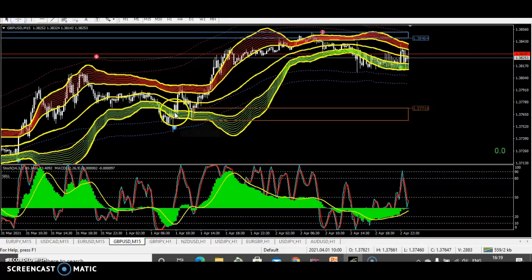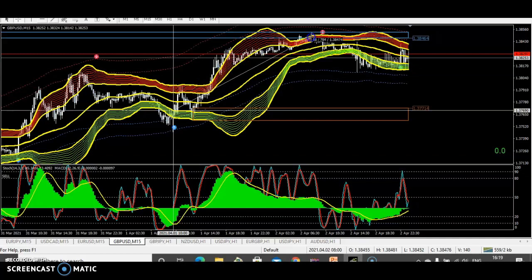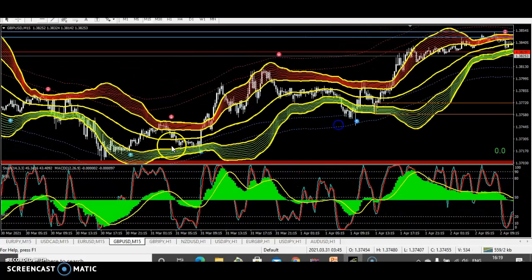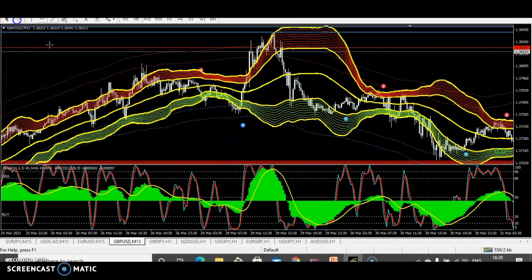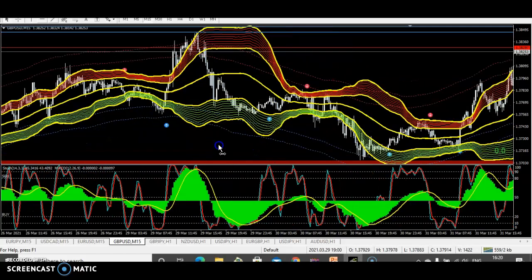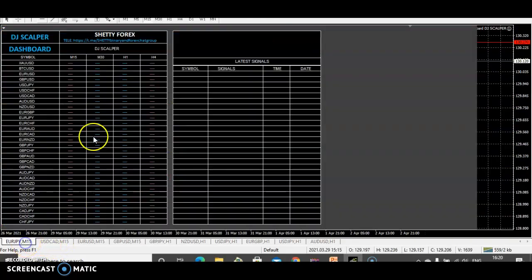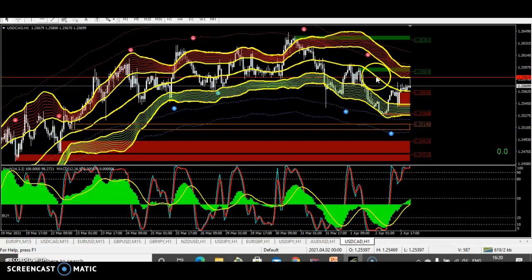See here, 24 pips. If we hold and check here, 65 pips. Till here 78 pips are there. So when it is below or above this red and green Bollinger Band, you can enter and keep a small stop loss of 10 to 15 pips. Easily you will get a signal, because you just need to press any pair. As soon as you get a signal, you can move to that pair, and you can check whether it is a valid signal or not.